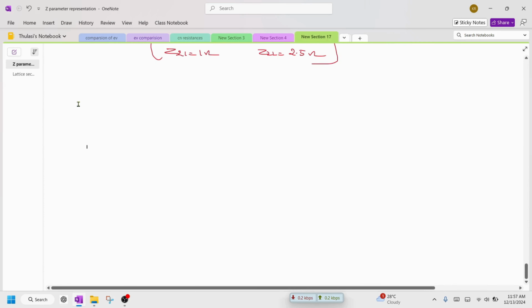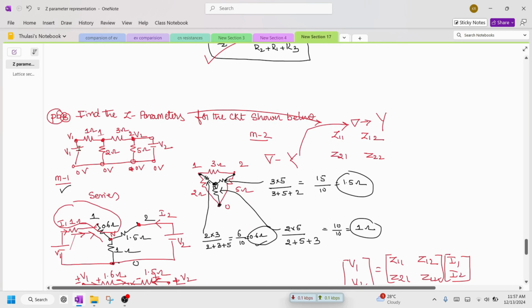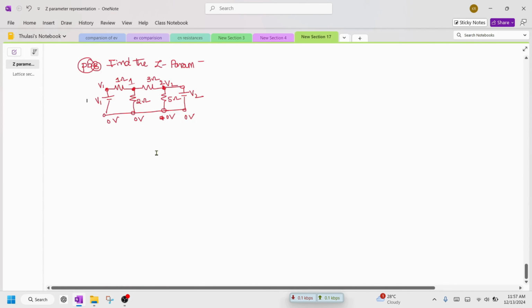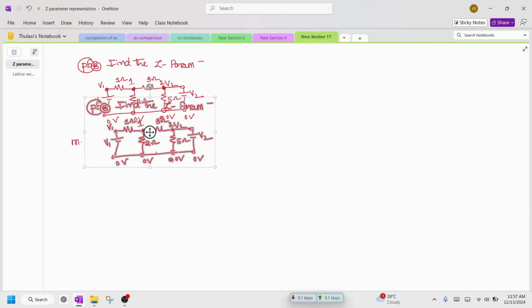So the second method is, so this is method 1. No worries, system is working a little bit slowly, no issue. So method 2. Okay, so